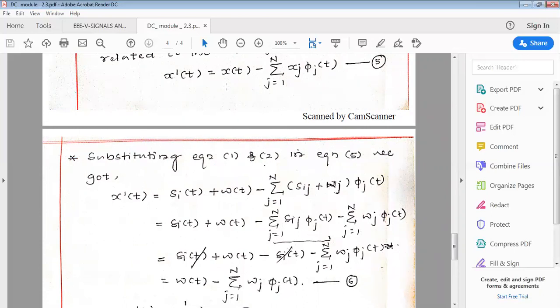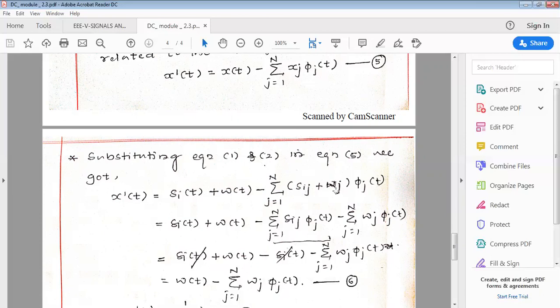Next, x of t, we know, is the sum of the transmitted signal si of t plus w of t, from equation 1, minus the summation with index j equal to 1 to n, which we will keep as it is. And this xj is the vector form of the received signal x of t, which represents the vector related to the received signal x of t, and which is given by sij plus wj. So this sij is a vector corresponding to the transmitted signal si of t, and this wj is the sample value